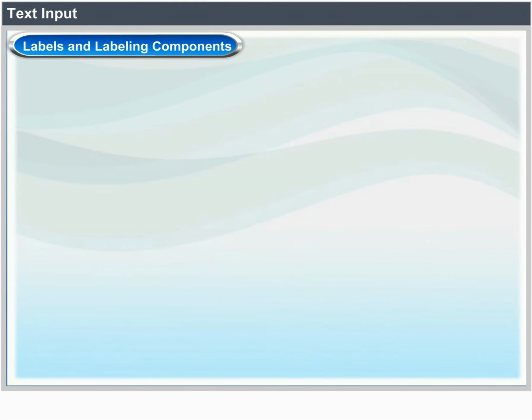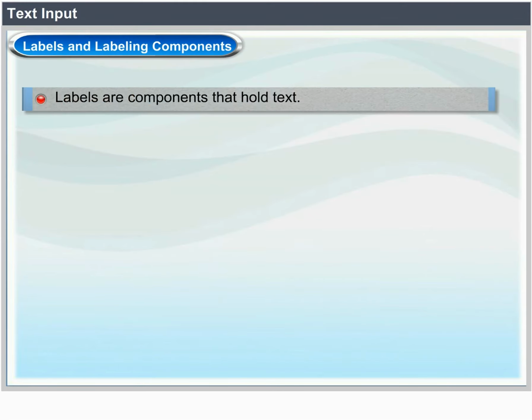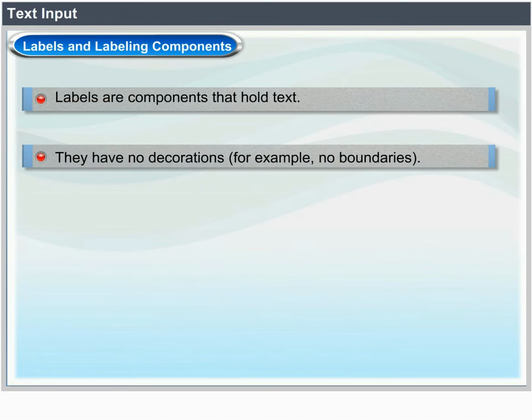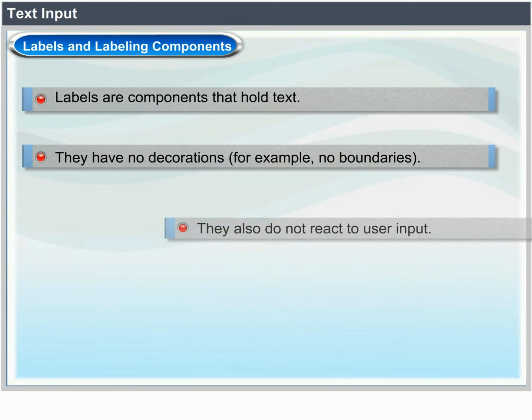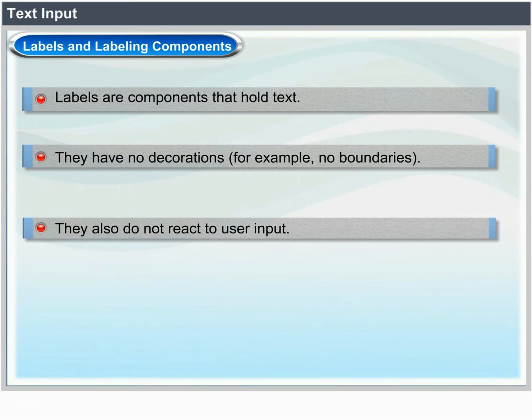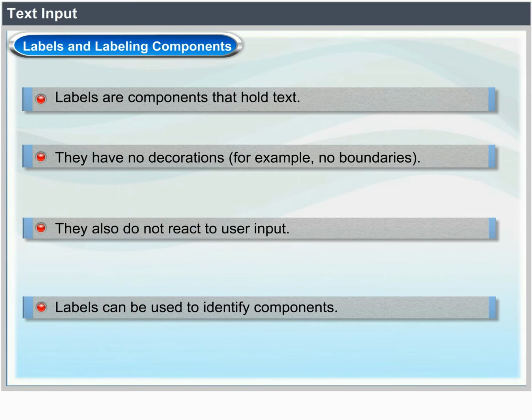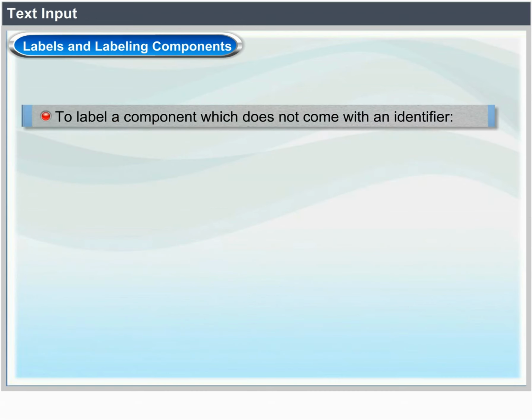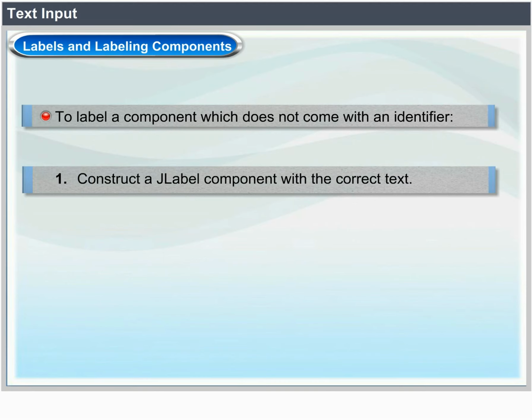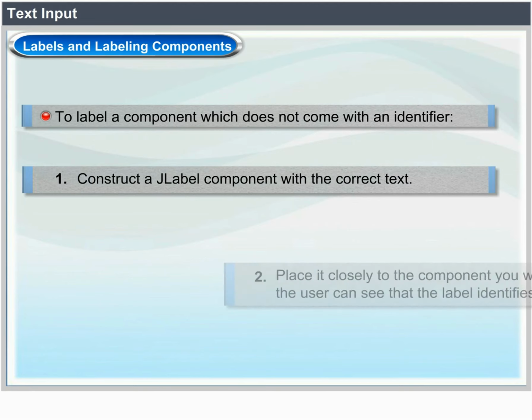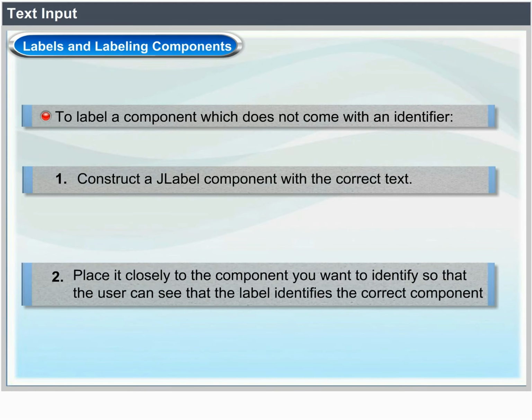Labels and labeling components. Labels are components that hold text. They have no decorations, for example, no boundaries. They also do not react to user input. Labels can be used to identify components. To label a component which does not come with an identifier, construct a JLabel component with the correct text. Place it closely to the component you want to identify so that the user can see that the label identifies